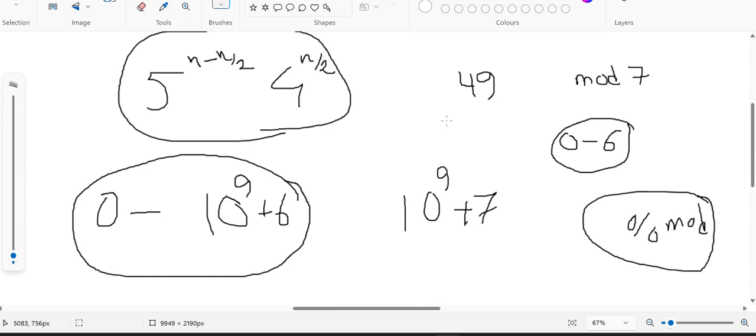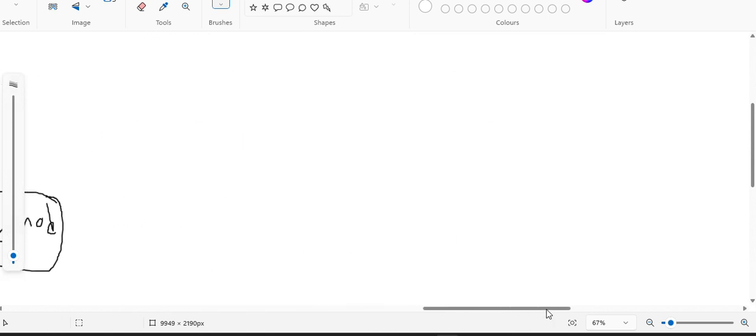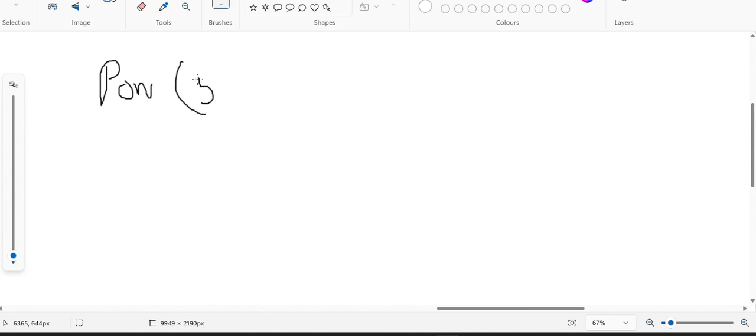But the constraint is very large, 10 to the power 15. So let's think, how can we make a power function? Our next problem is making a power function. Suppose I give 5 into 10 to the power, okay, 5 into